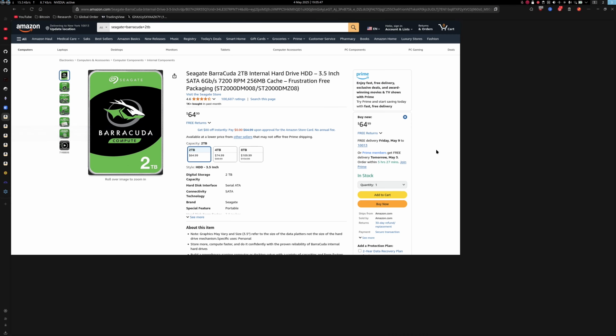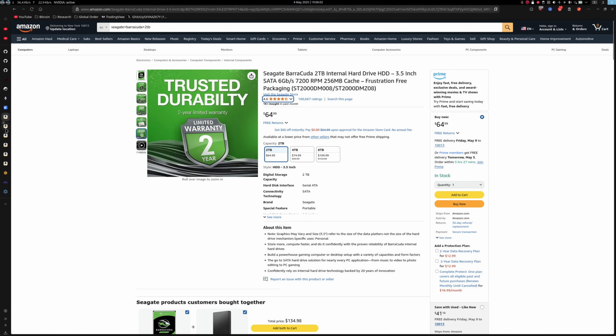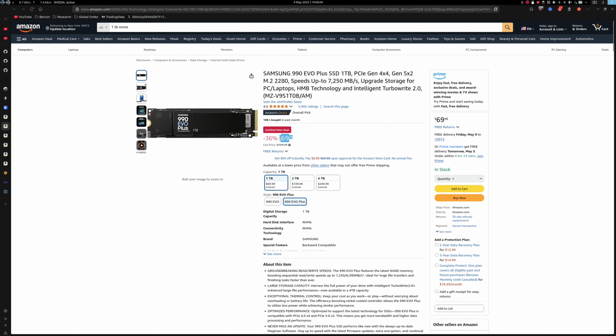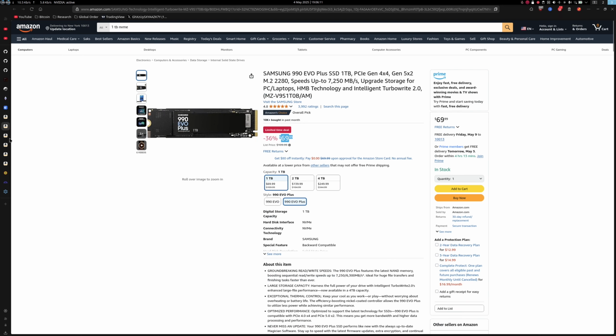Now, to comprehend how much storage that is, if you wanted to store the Bitcoin blockchain, you could just buy one of these. It's not the most efficient way to do it, but you can do it on here. Just a 2 terabyte Seagate Barracuda hard drive. It's only $65. Or you could buy this one right here, $70. These both are great storage devices to store the Bitcoin blockchain.